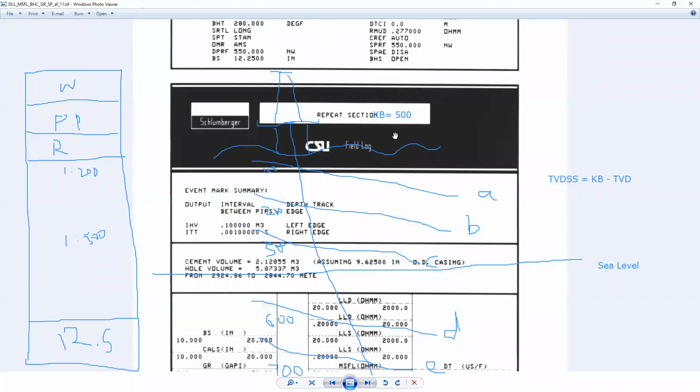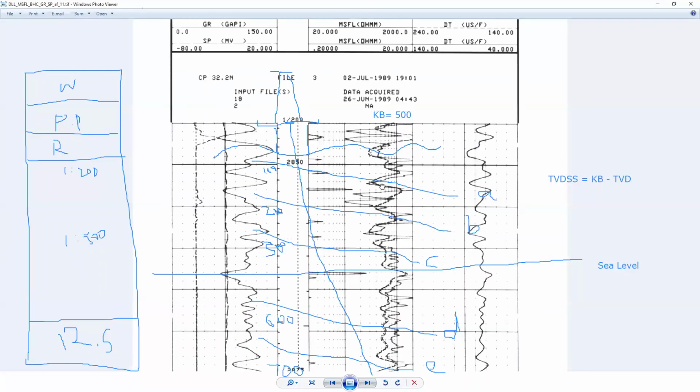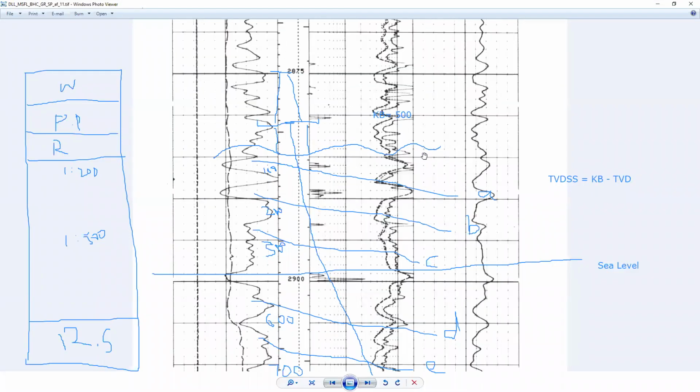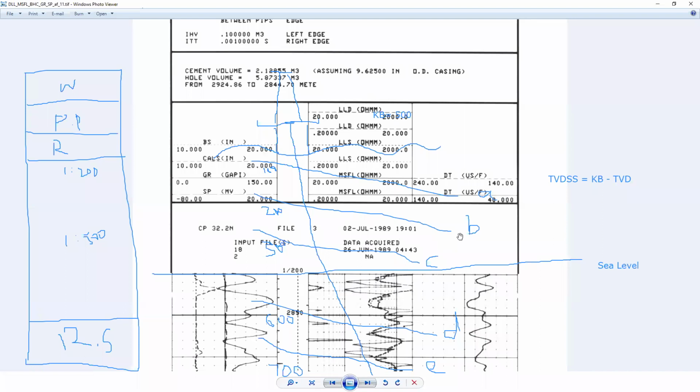You can see that you have the repeat section available over there, and the repeat section covers from 2850 till 2925. So that depends where they run or execute the repeat section. Sometimes from the end of the interval, or sometimes from in between, or at any specific formation that you observe that you have some purpose or interest in. If the logging result is not correct, that's why you're asking the logging company to do the repeat section over there. So in this way, you can cross-check whether your main log is accurate or not.